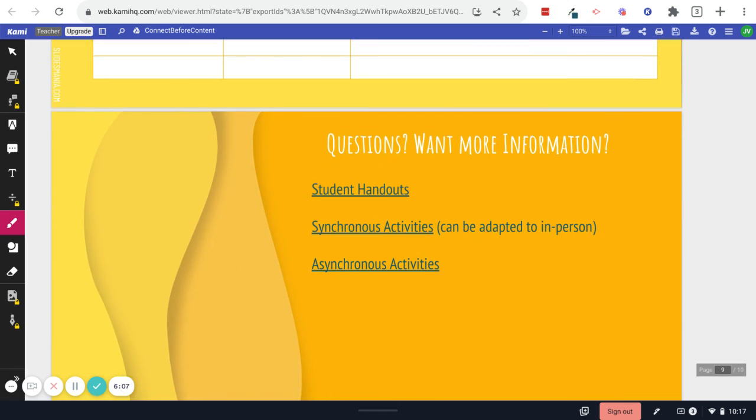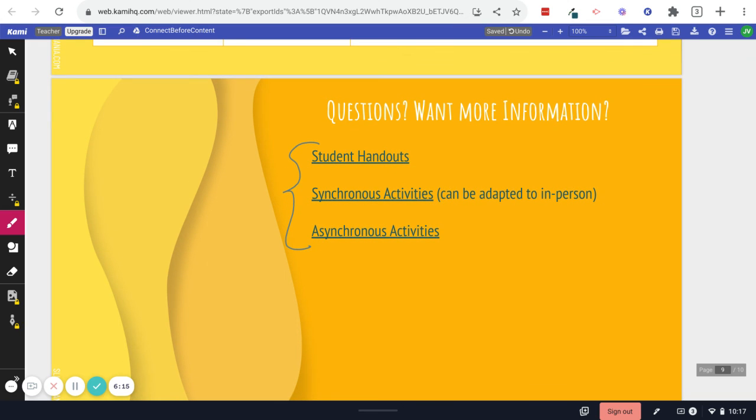Finally, if you have questions or want more information, there are 3 links here at the bottom, right? I shouldn't say at the bottom, but on this last slide that you can totally click on. This is synchronous, obviously meant in terms of a Google Meet, but anything we do synchronously in a Google Meet, we of course can pull back on that and plug it into our classroom. It just might take some tweaking, and that's all teaching is, right? Adapt and adjust and tweak and make the magic happen.